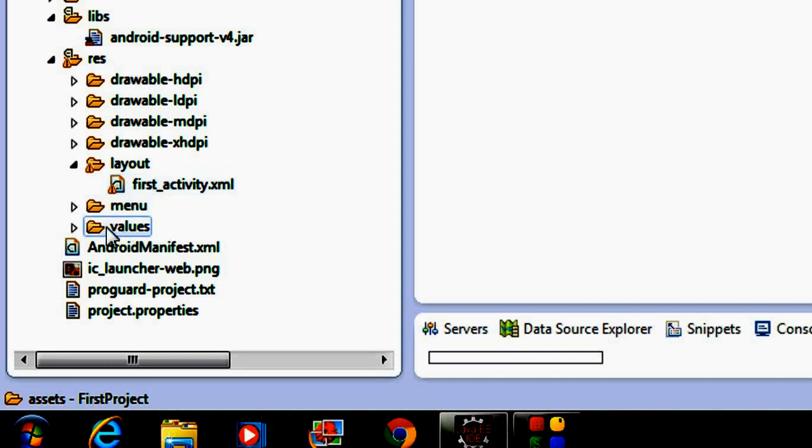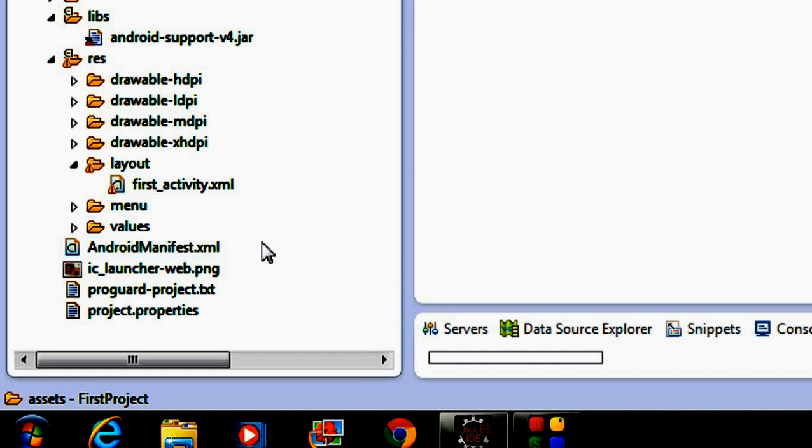Another important file is the Android manifest file. The Android manifest file is one of the most important files associated with an Android project, and it is also an XML file. It is very essential for controlling the entire Android project. It contains all the information about the activities, and each activity communicates through this Android manifest file.